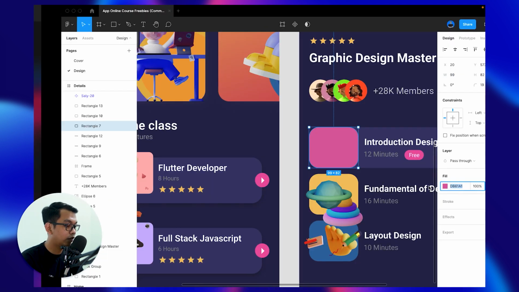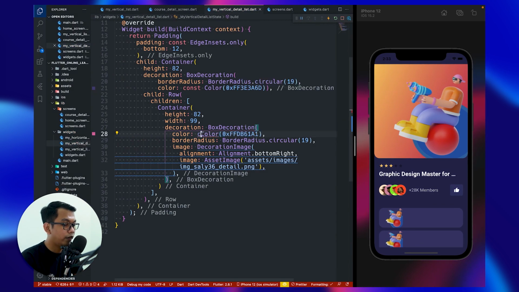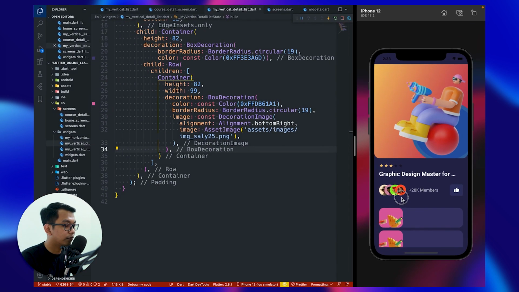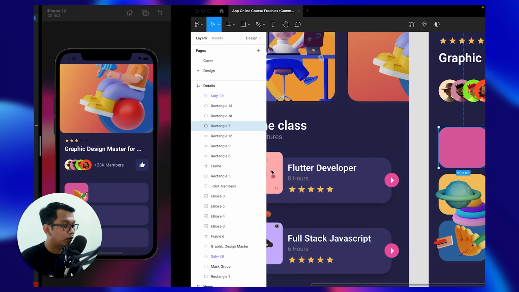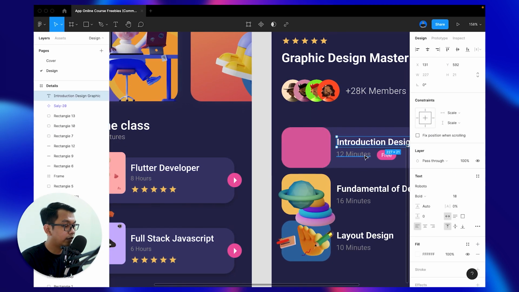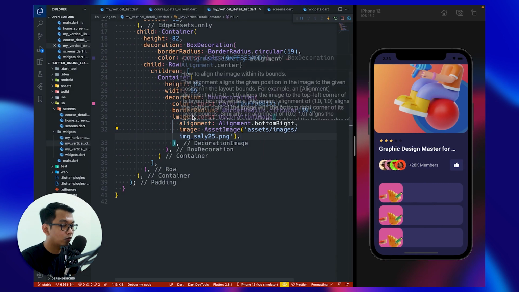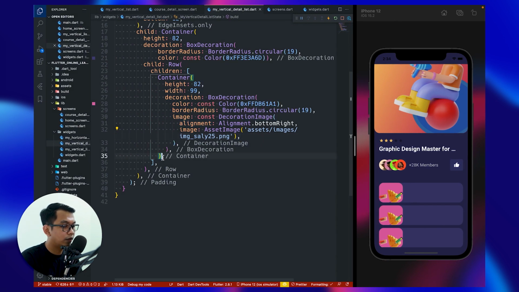Let's say this. Okay. And for the image, change to 25. Looks like this. Okay. And the next is we have to add this. So we want to use Expanded.